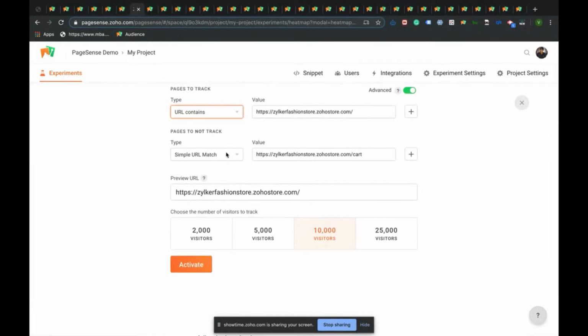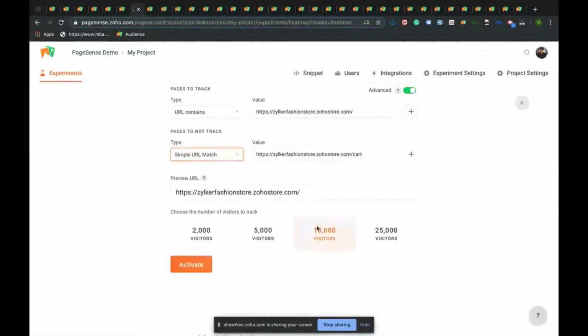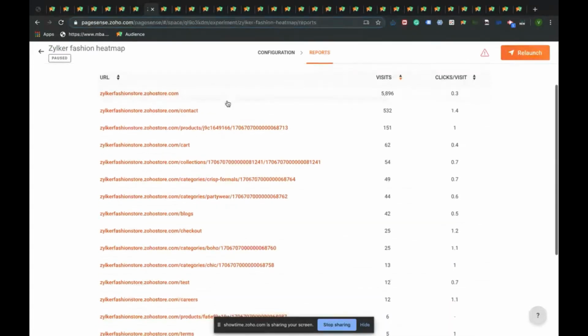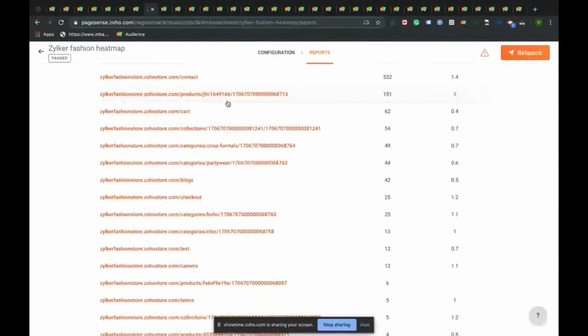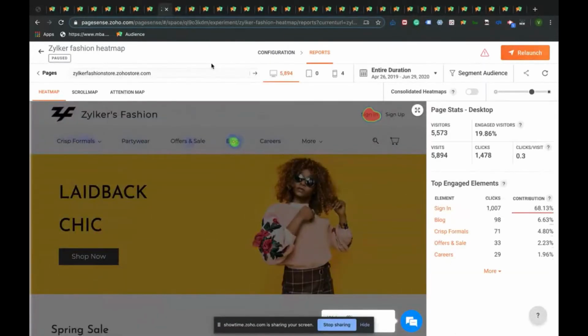And you can also weed out the data that you don't want to track, and you can set the number of visitors that you want to track. So if you're tracking it for multiple pages, in the reports part, we list all the URLs that you have currently tracked, and you would be able to see the reports cumulatively as well. So on the individual pages and on the data level, you would be able to see